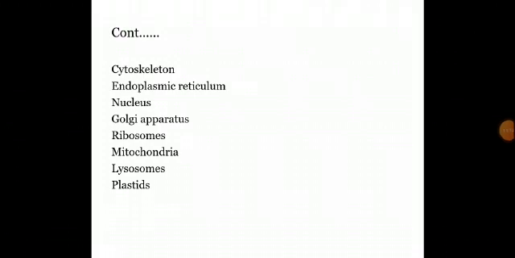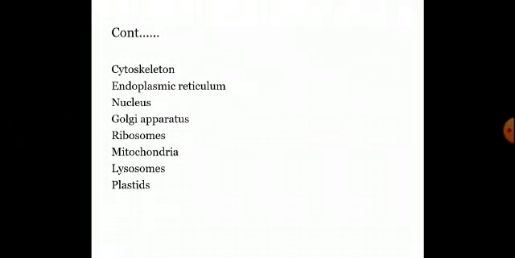Mitochondria is the powerhouse of the cell. Why? Because it produces energy in the form of ATP. It also has an outer membrane and an inner membrane, and the inner membrane is divided into folds called the cristae. Actually, the mitochondria also helps in the regulation of the metabolism of the cell. The main thing is that mitochondria are present for the production of energy in the form of ATP.